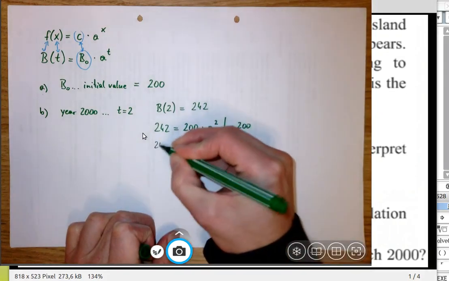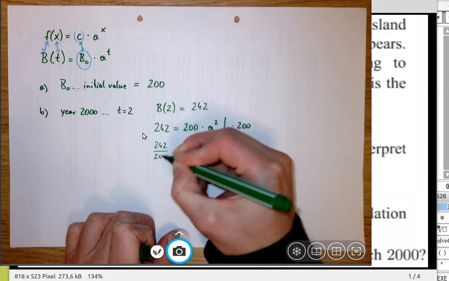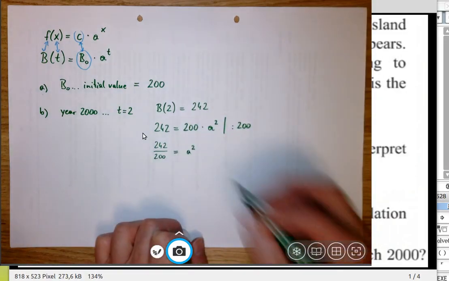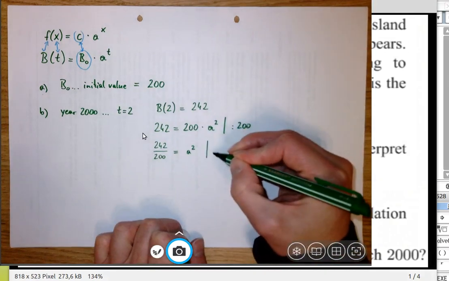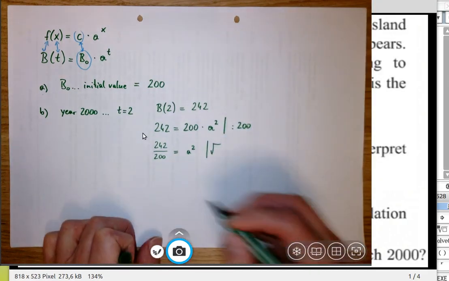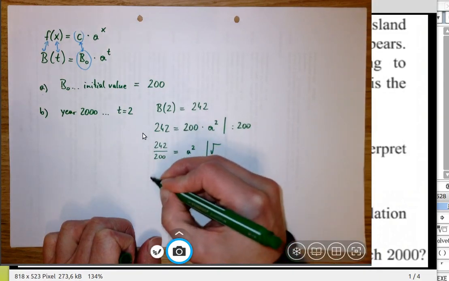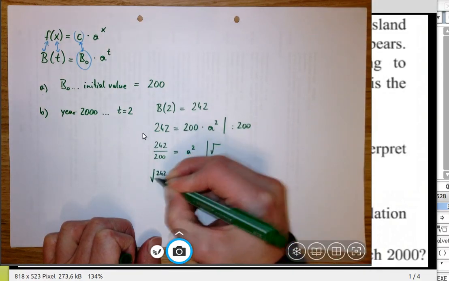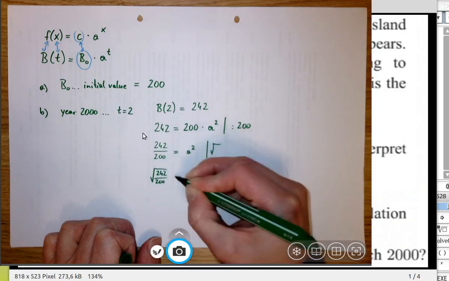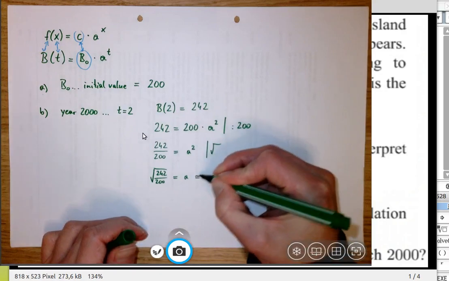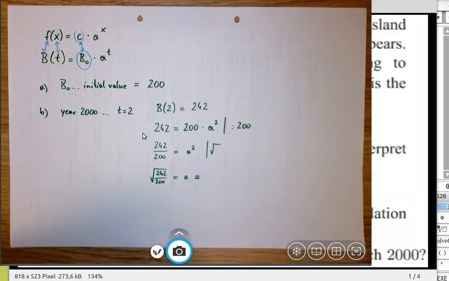We get 242 divided by 200 equals a squared. We want a, so we take the square root. The square root of 242 divided by 200 is a, and that's equal to, or at least approximately equal to,